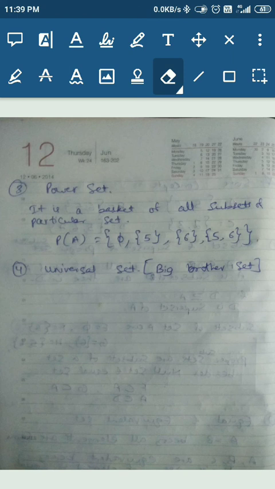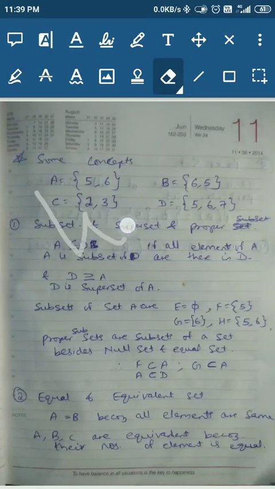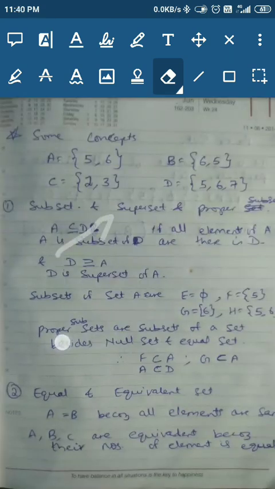Now coming to the universal set. In my language, the universal set is like a big brother set. It is a big set of which other sets are part. For example, we took this set A. So its universal set will be the natural numbers, or whole numbers, or integers as well, which is denoted by Z, or real numbers. So these big sets are